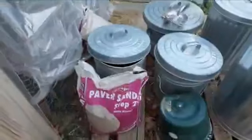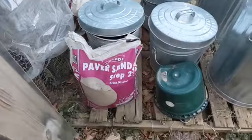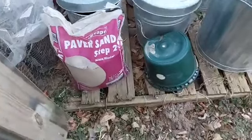That open one, it's a poop bucket, it's not a feed bucket. Although I don't know, maybe rats will get in there. So because the ground is frozen and I don't know that this mechanical trap is going to do the job, and I can see that it's like everywhere, so I am going to,